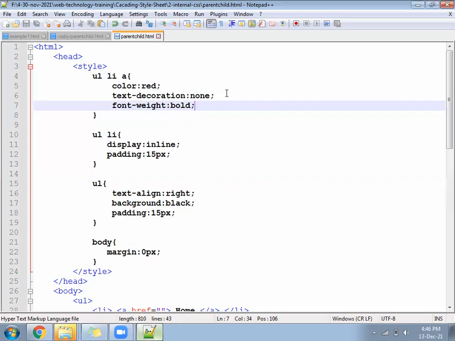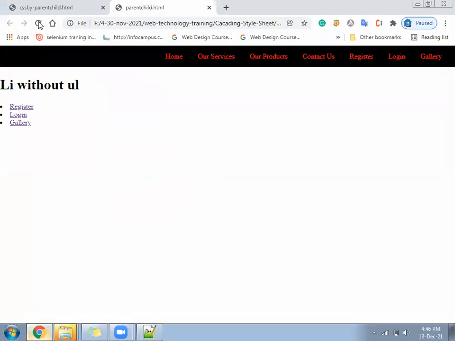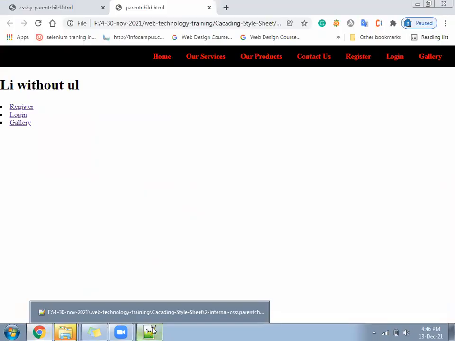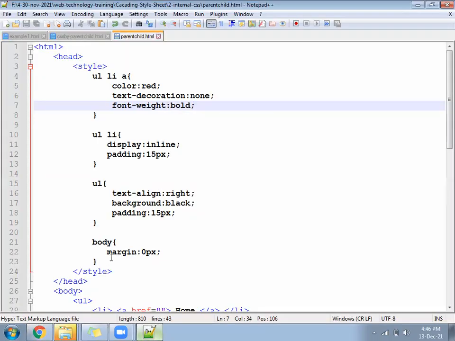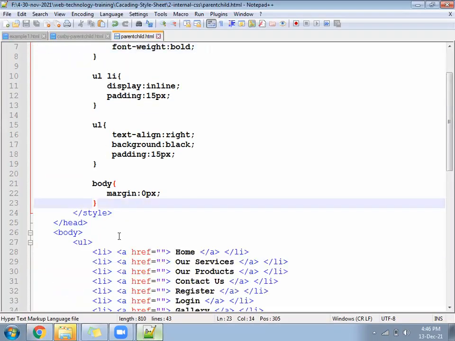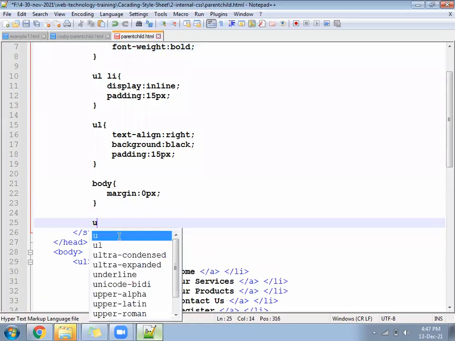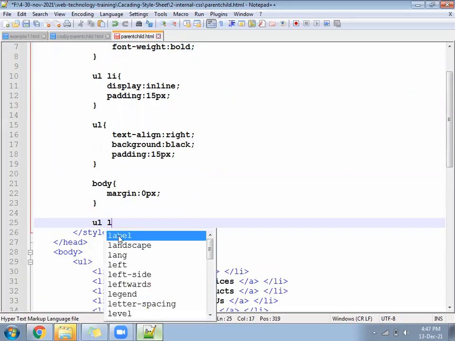Font weight should be bold. Next, after that, you will find your text become little bold. Now, write a CSS here, one more CSS. Under the UL, you have the LI.